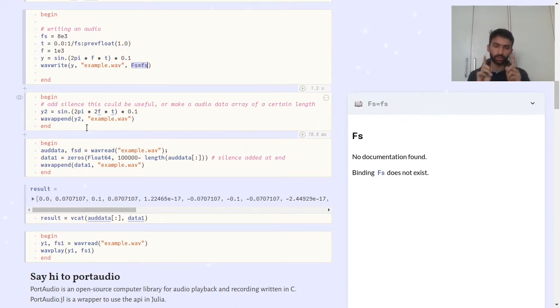So what we can do is add silence by adding zeros of 1,000 samples, which will make it 1 second audio. And we can add those zeros in the back using wavappend, or else we can use vcat, as shown here.